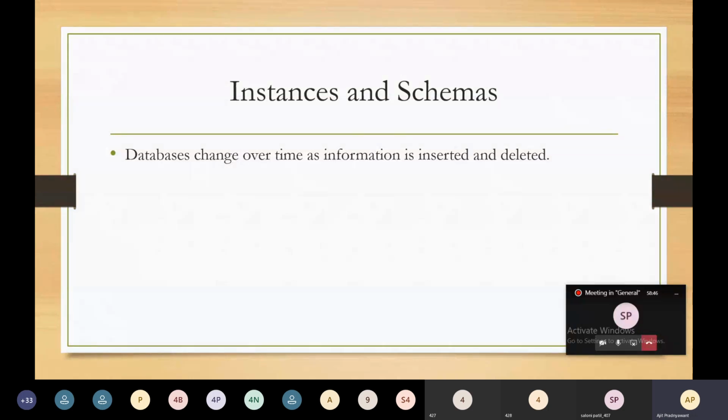Keep in mind, in a database every day information is inserted, updated, and deleted. So it is changing every day. New information is inserted, some old information is deleted, and sometimes you need to update some information. This happens inside the database.